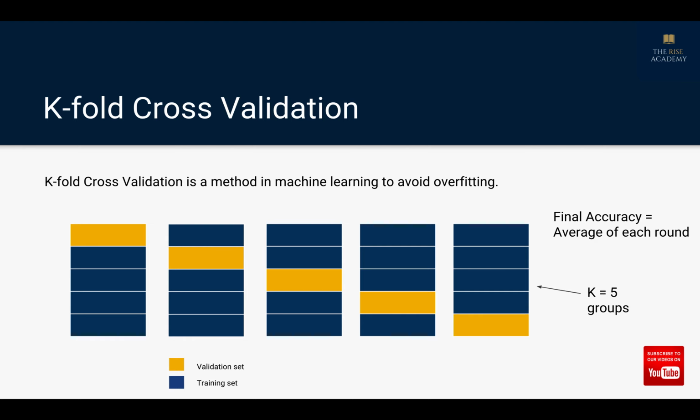So that's how k-fold cross validation works, and it helps us to minimize overfitting. It helps us to minimize any biases and errors in our data, and it allows us to use it if we have less data, but even in that case it helps us to perform a good fitting on our data.